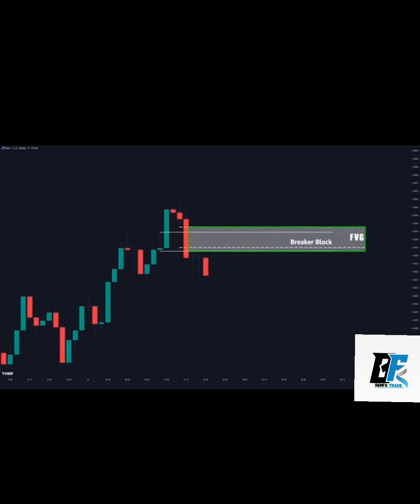Now, for the entry, you can set your sell limit order at the start of this high confluence zone. Place your stop loss above the zone to protect against market fluctuations. For profit targets, aim for a solid risk-to-reward ratio, such as 1:2 or 1:3, depending on key market structure levels